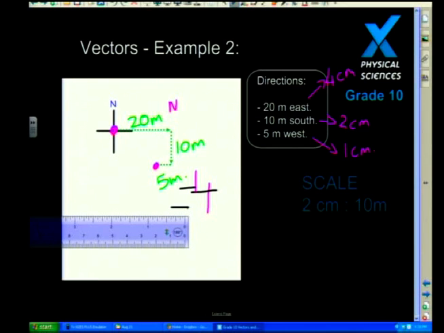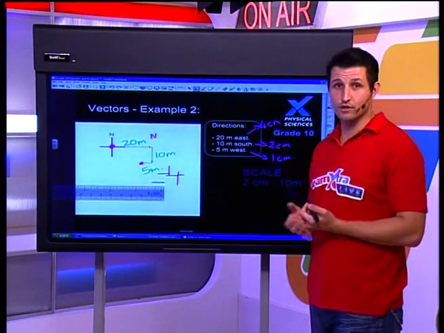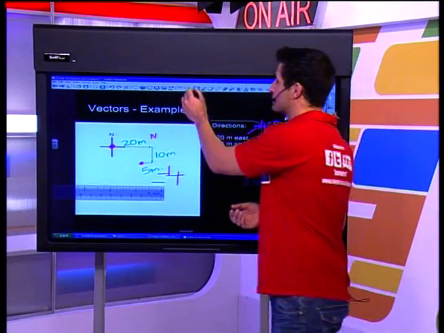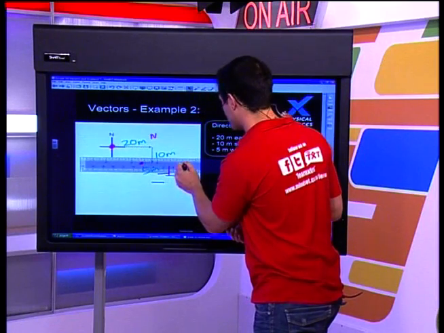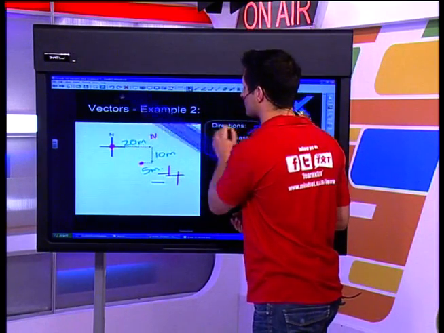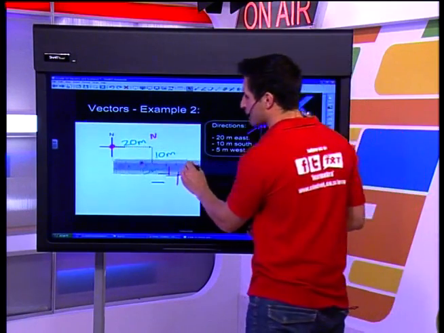Okay, so now if I've got a neatly drawn diagram, how do I find out how much displacement there is? Well, I've still got my ruler on the screen. All that I've got to do is measure what my final displacement is. And let's do exactly that. So now I've got my ruler over there. It's a little bit flipped over at the moment, so let's just get that in the right direction. Let's read with our millimeters, and let's bring it into our picture.